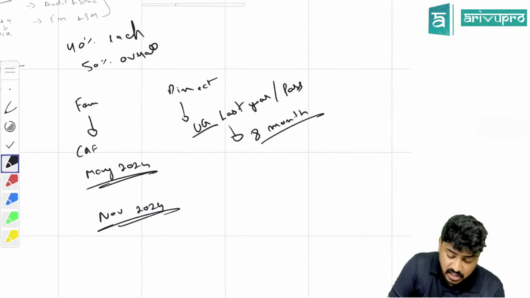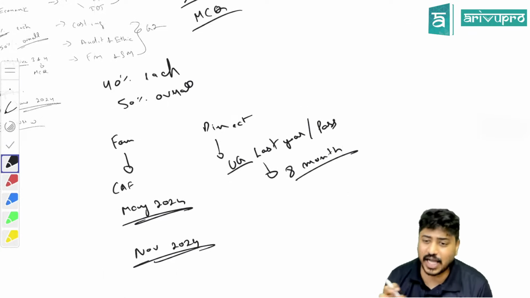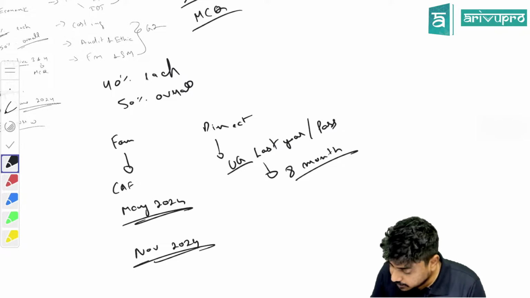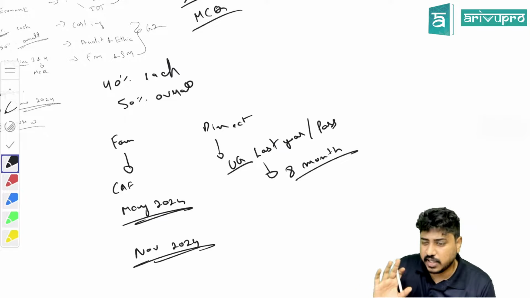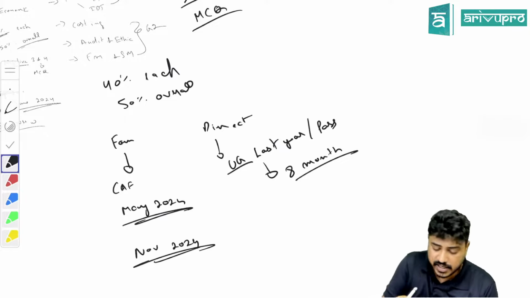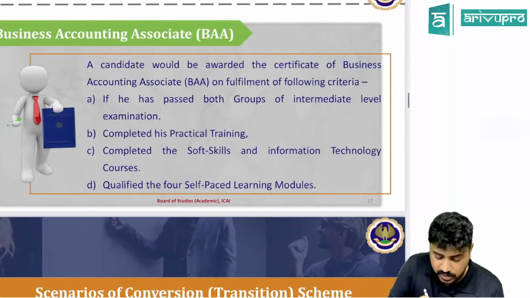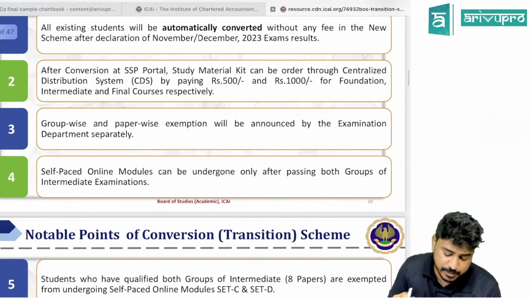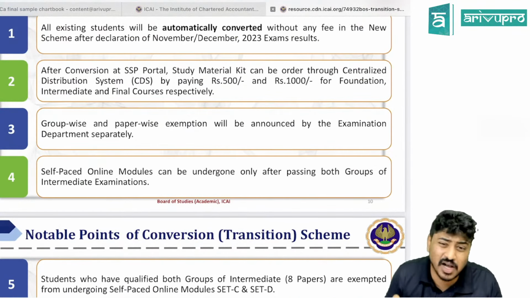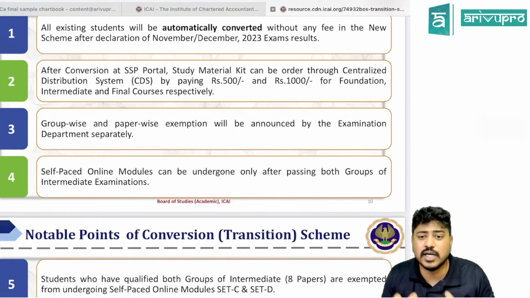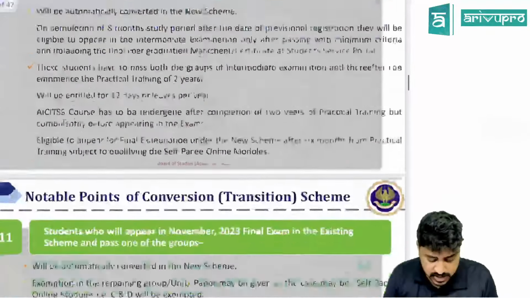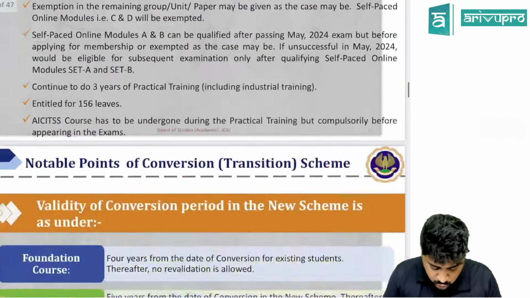Any questions right now for CA Inter, please ask. I'll be more than happy to guide you. Sir, for papers 2 and 3 under the existing exemption, do I need to write group 1? Mostly not, but I'm not sure. They have told that the examination team will take care of it; group-wise and paper-wise exemption will be announced by the examination team separately. So they are thinking about it and have not fully come to conclusions. That is what I personally believe. Once they get into it, we will let you know again. Okay.